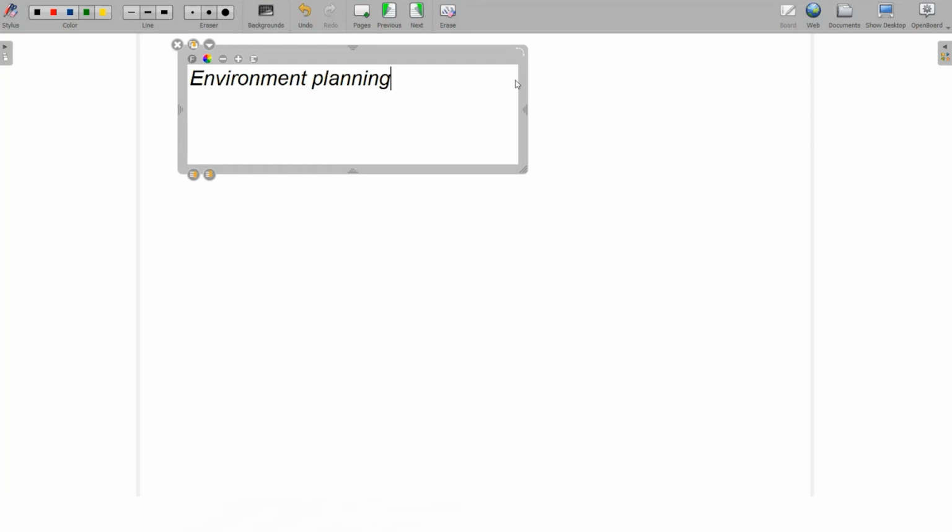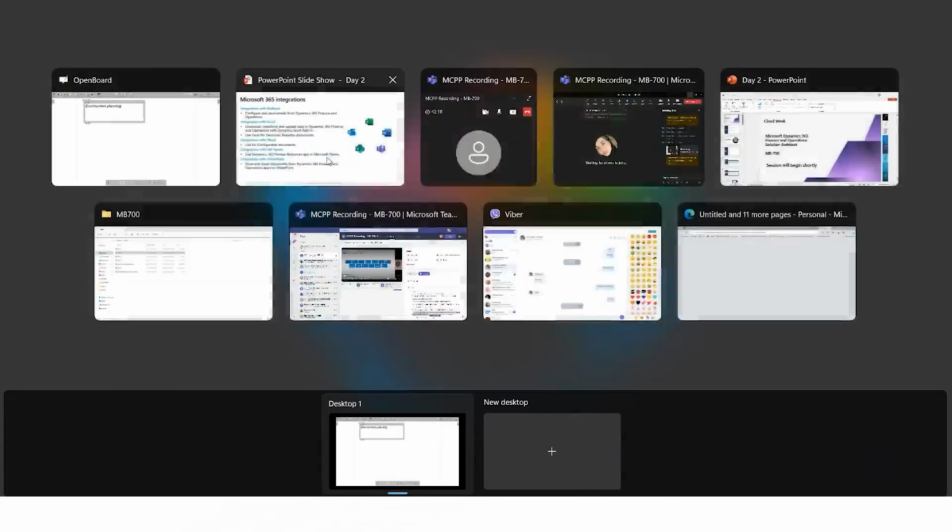In environment planning, we talked about different types of environments that you would be using within Finance and Operations implementations. You would have environments for different purposes: build purpose, test purpose, etc. And based on the requirement, you would be using